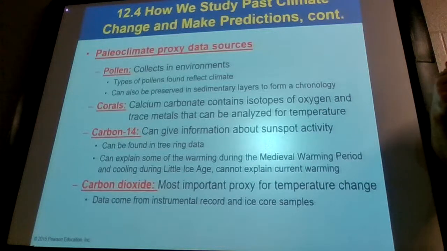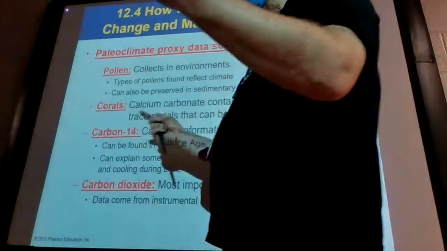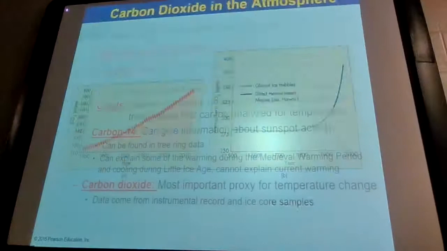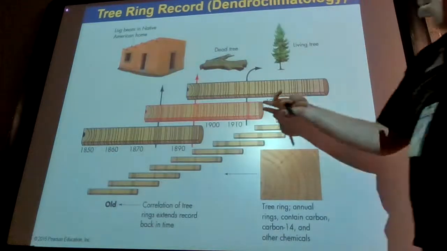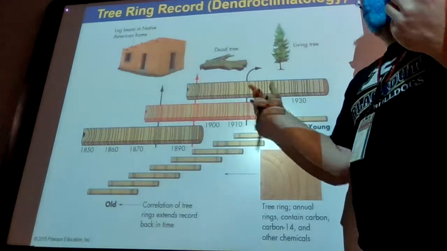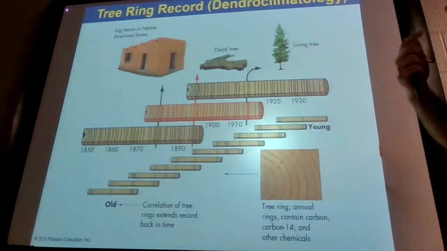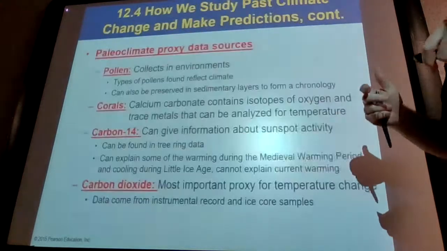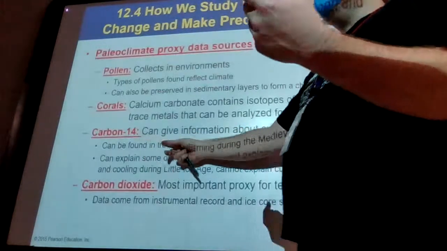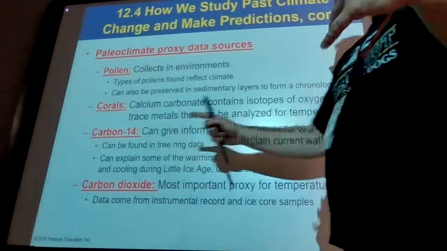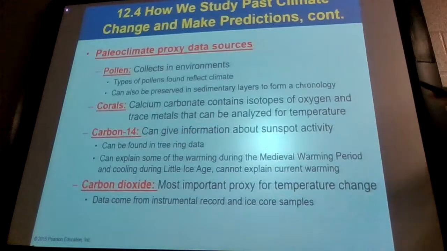Carbon-14 dating, this works really well. The only limitation is it's got to be on something that was living. So one of the good things is if I find an old tree, and I don't really know where that tree fits into my sequence, or it's well dead and I don't really know what time it lived in, I can line this up with my carbon-14. I can go into that tree and get an exact date, or at least an exact date plus or minus some bar of error that tells me when that tree lived, and so I can find a better place for it in the timeline.